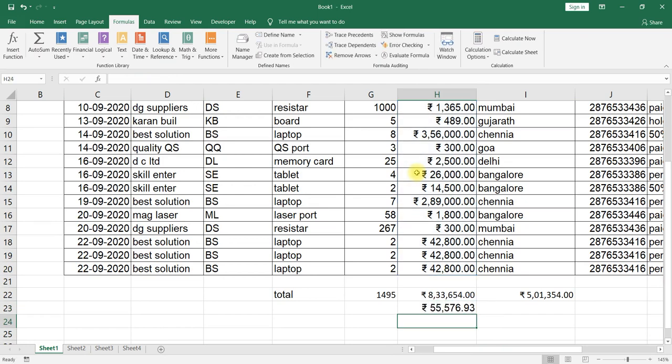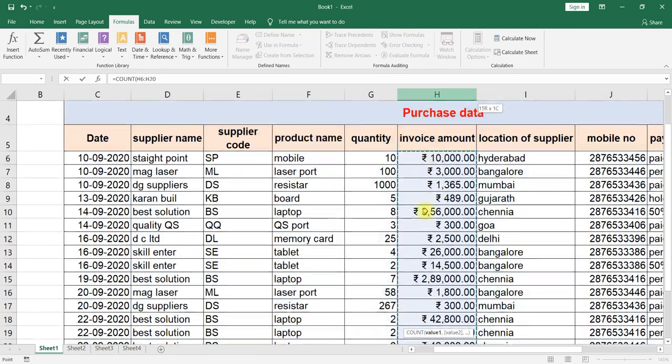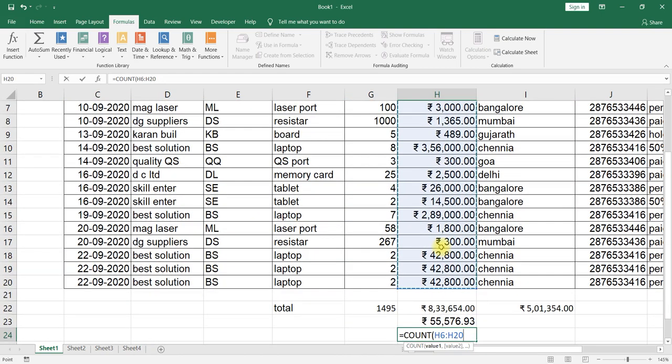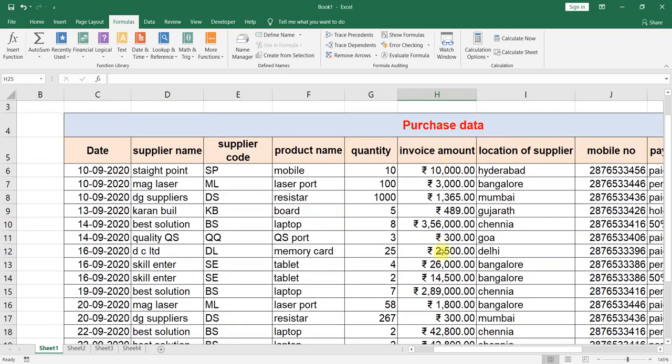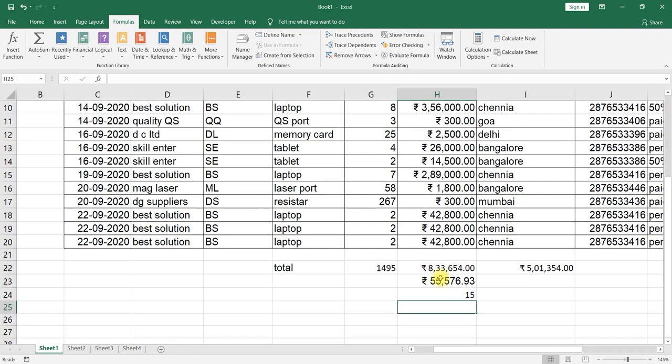To count, equal to COUNT. Select the data which you would like to count, meaning how many entries are there. Total 15 entries are there here.